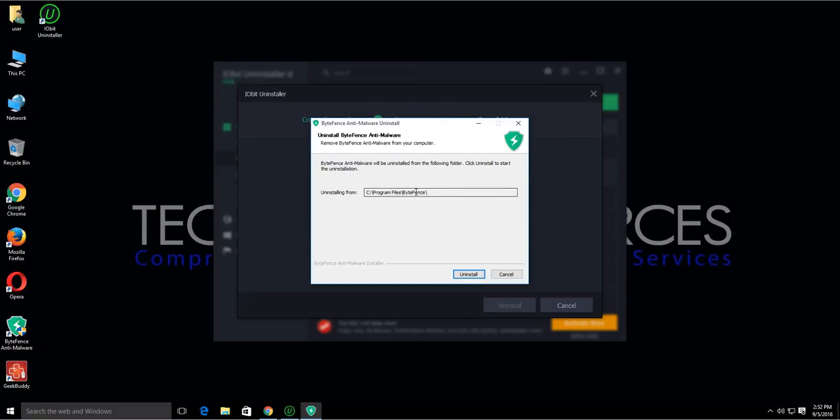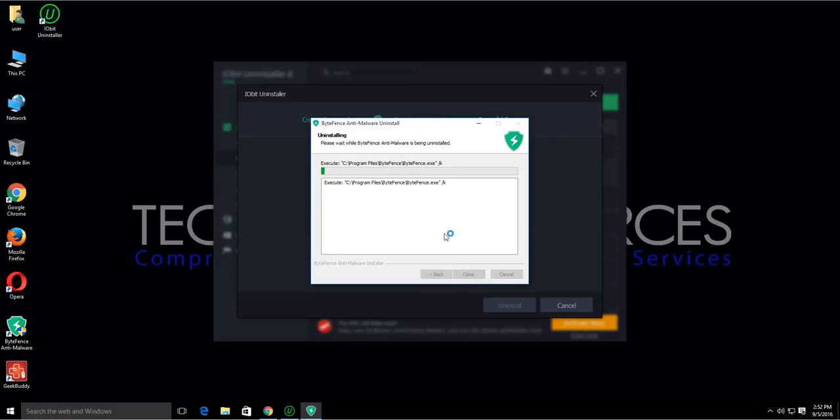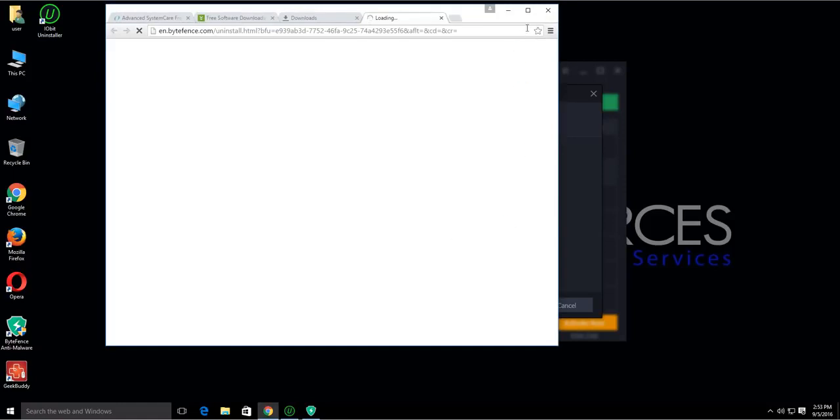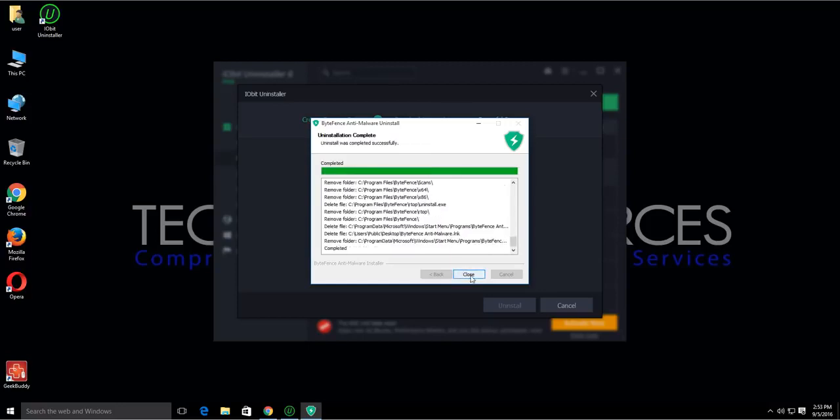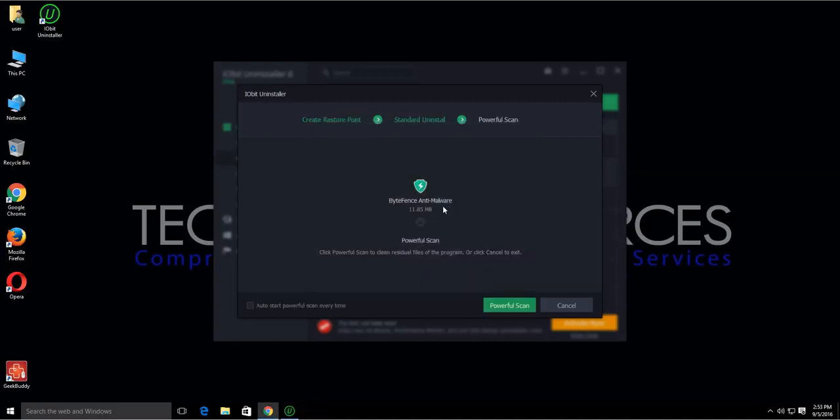Now, here's the thing. Let the uninstaller run if it can. This one, we're going to let the built-in uninstaller run. After it's done, the IObit Uninstaller will run right behind it and check for any leftovers or remnants. So we're going to close that. Now the built-in uninstall has run, but that's okay. It's done. It should have cleaned up everything, but just in case,